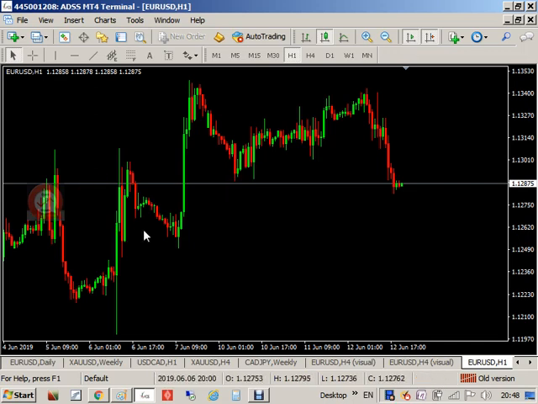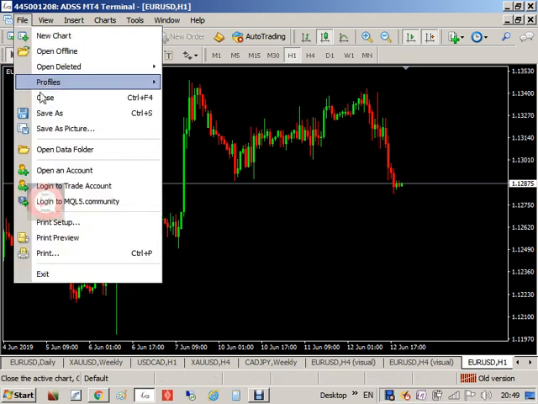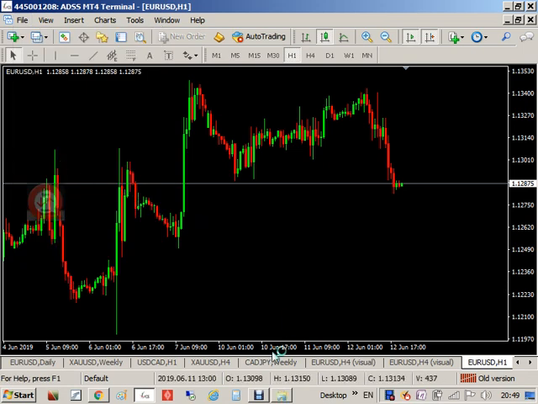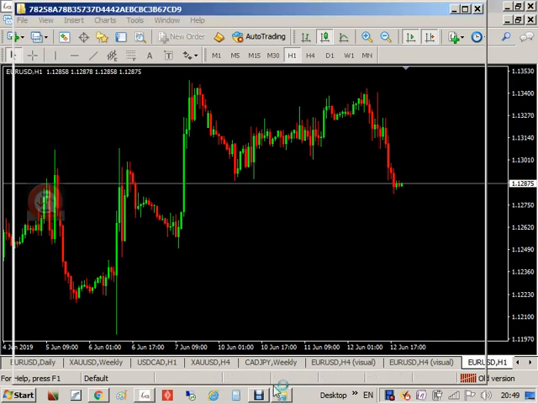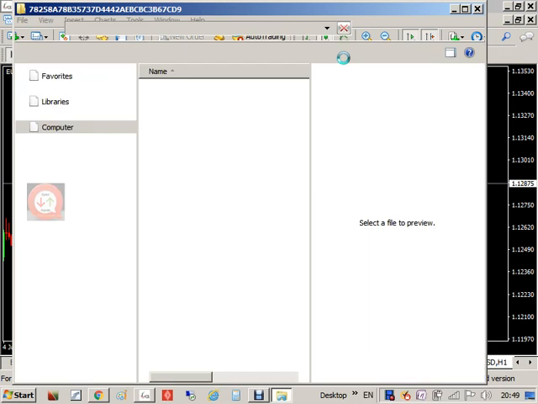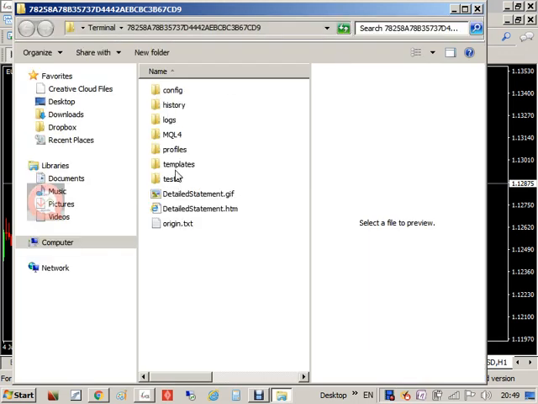Okay, and when you open the data folder, it will show you the files for the MT4. Yeah, here. So this is the